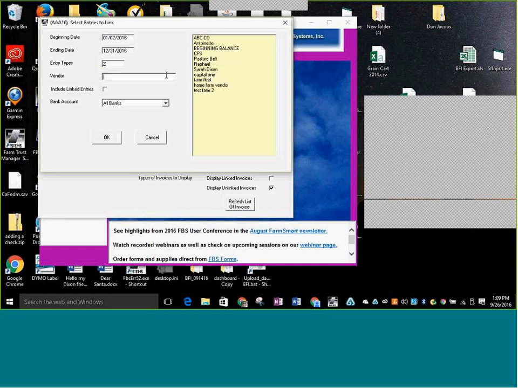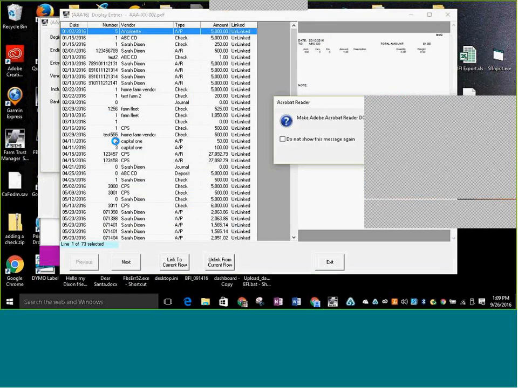I could, like I said, narrow it down. I could also narrow down to vendor if I was looking for some specific entries. If I had just scanned all my CPS entries, then maybe for CPS entries. I'm only open. Entries that meet my criteria, and on the right hand side,